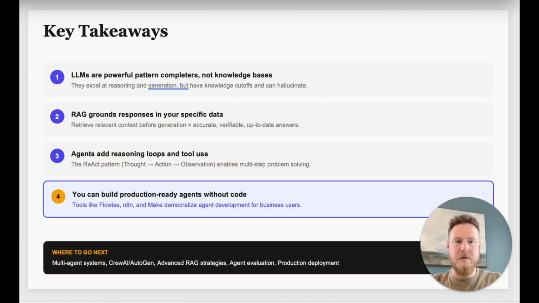Obviously here, we learned the concepts, we did a demo, we got something that actually works, but to do this at scale to handle millions of customer requests every day, there are production deployment considerations and patterns that we would want to learn to do that. But overall, I hope this was useful across the slide content as well as the Flowise demo. Hopefully you'll take the time and build this yourself in Flowise, save it, and then go from there and see what interesting agents you can build on your own.